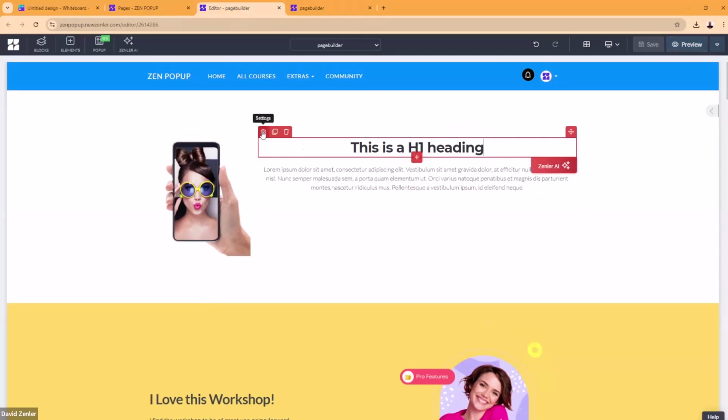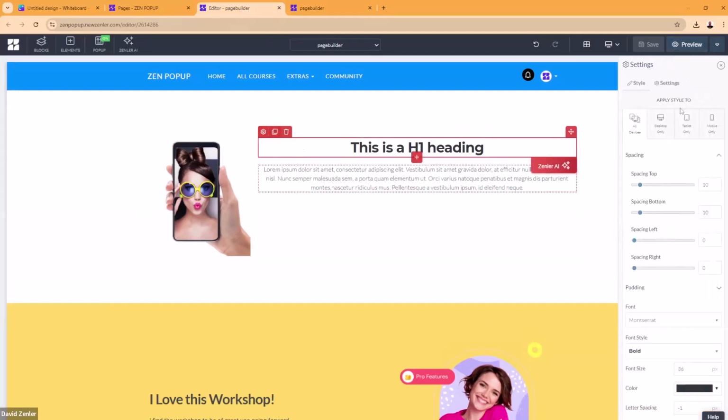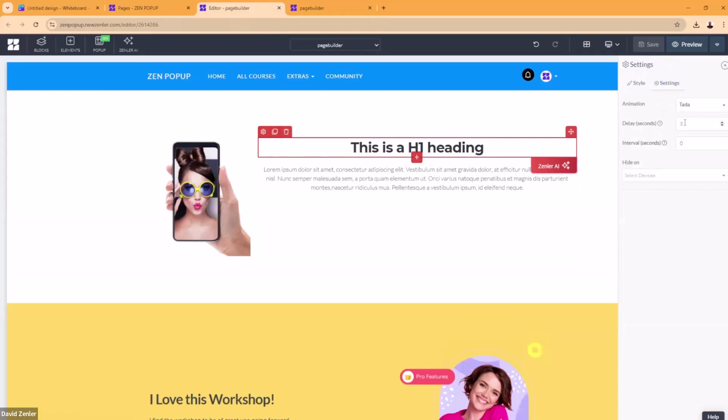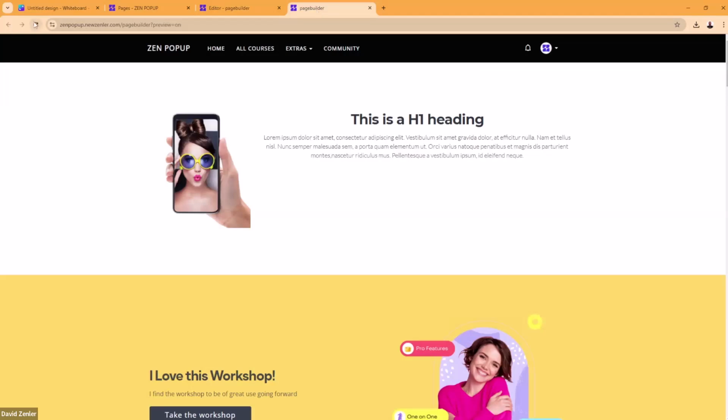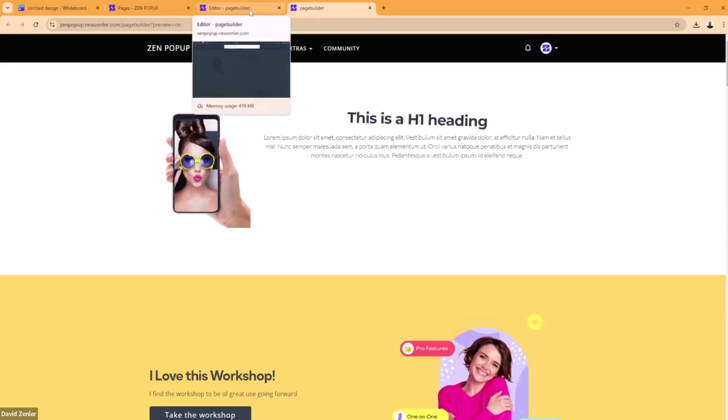Amit likes using this. Our Amit, who helps out in the group, he uses it quite a lot. The other thing is you can set an interval. So if I put this back on 0, I can set an interval. So maybe every 2 seconds I want it to do this animation. If I click save, and then I go back to the page and refresh it, you're going to have this happen every 2 seconds. So you can control how that works.